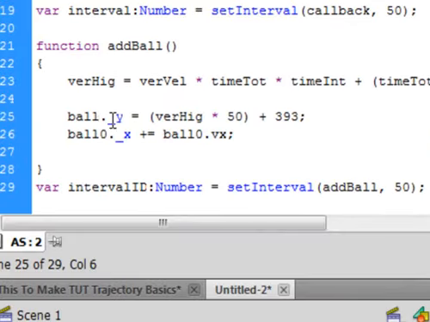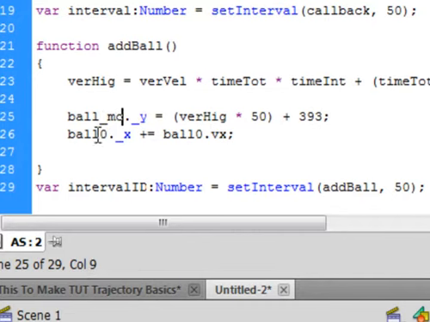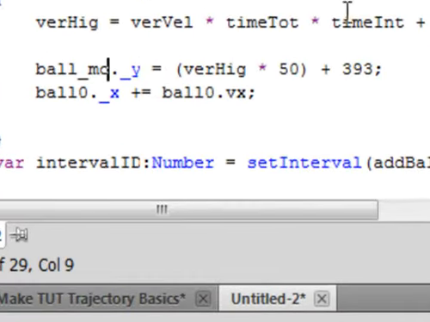Here we got underscore MC, ball underscore MC. Now the X or the Y position is going to be based on all these factors. It's going to be based on what count we are. There's a total of 100, and the vertical height at any given time is going to be given to that ball. So the underscore Y is equal to open bracket, vertical height, VER height, that's variable right there, multiplied by